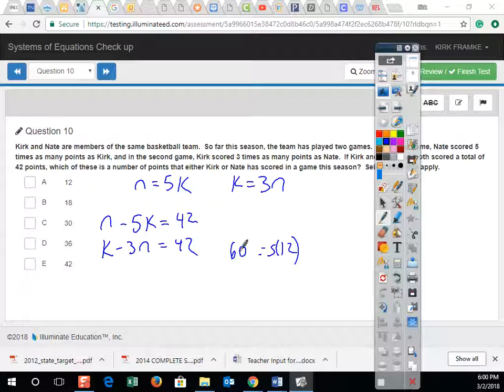So let's reread this. 5 times as many points. First game, 5. So if we scored 5 times as many points, that's a lot of points. And we're trying to get a total of 84 points. So